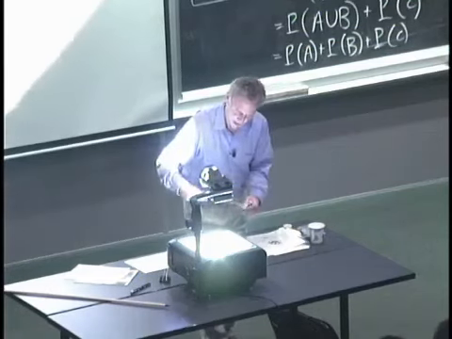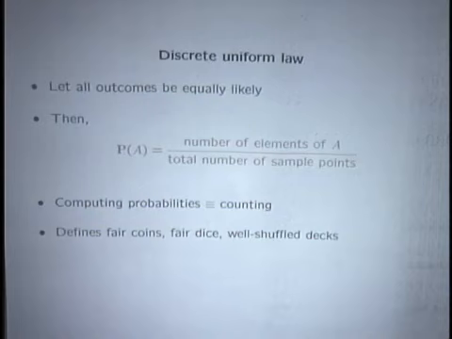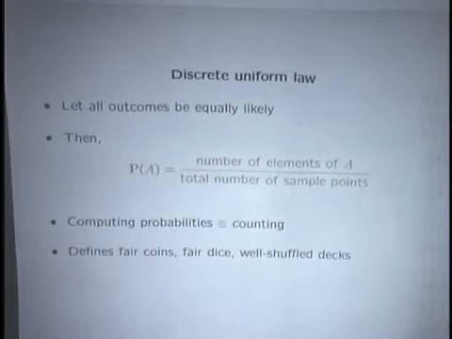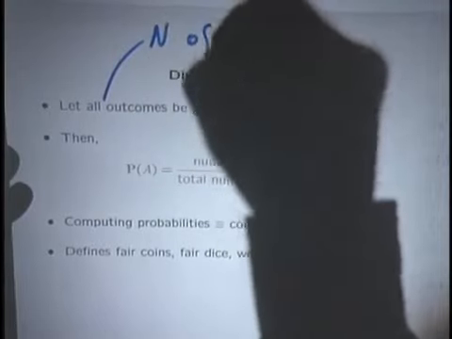This example is a special case of what is called the discrete uniform law. This model obeys the discrete uniform law if all outcomes are equally likely. It doesn't have to be that way. That's just one example of a probability law. But when things are that way, if all outcomes are equally likely, and we have n of them,